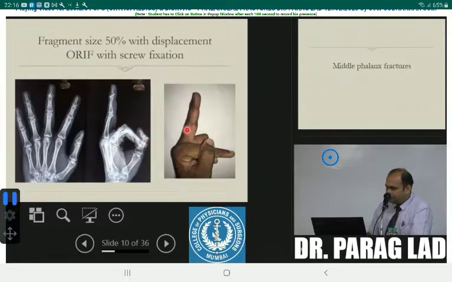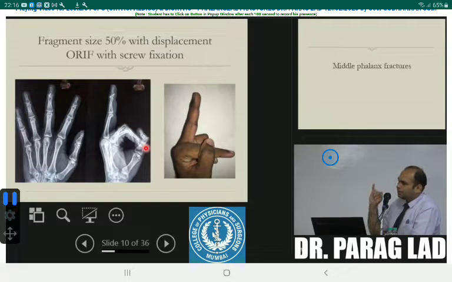So such fractures we can treat with screw fixation. Okay, this is one single small 1 millimeter screw fixation. You can put wires also. There is no need to put a screw, but screw gives best stability. Wires can be loosened. There is a small risk of pin track infection with the wire. So that's why I treat them with screw fixation. So mallet injuries can be treated conservatively and can be treated operatively.